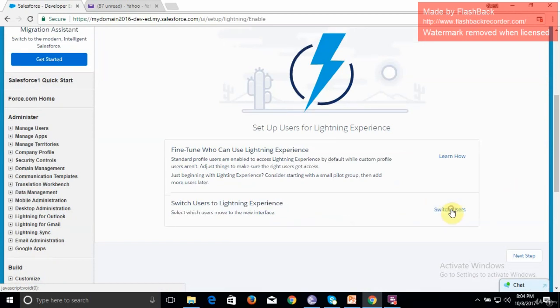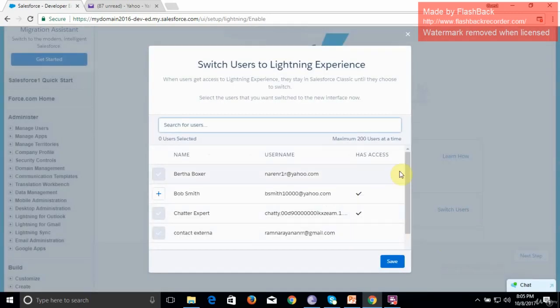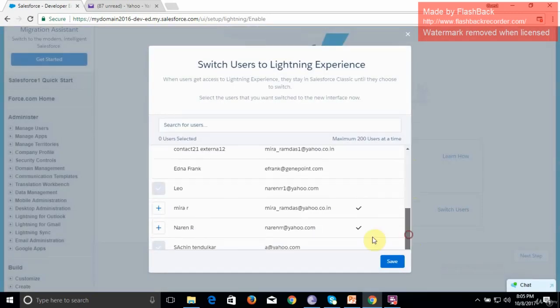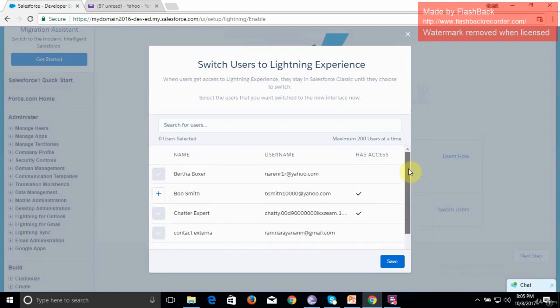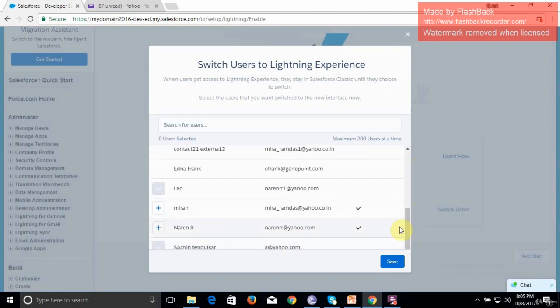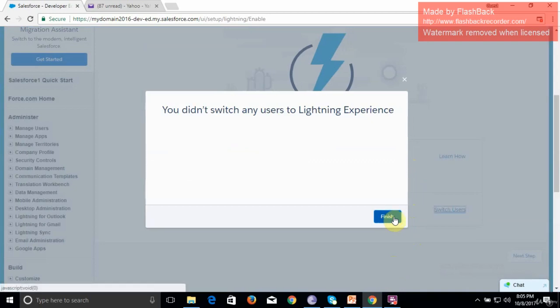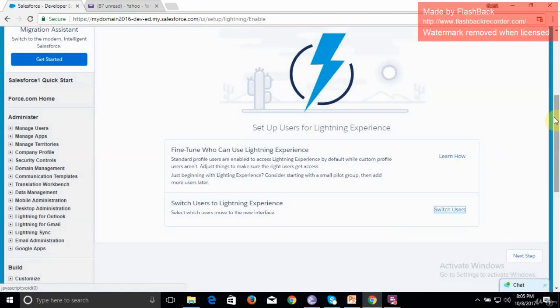and also add the users that you want to add. In your case, you will automatically be added since you're a system admin, but you can also do it specifically for users. As you can see here, in my case, it is already on. There are a limited number of users who can have access right now. So these are the users. This is me, already enabled. So click on Save. I already have myself enabled in Lightning.